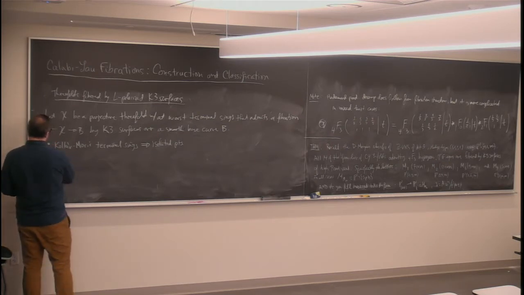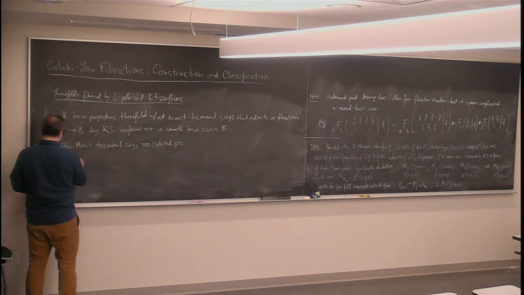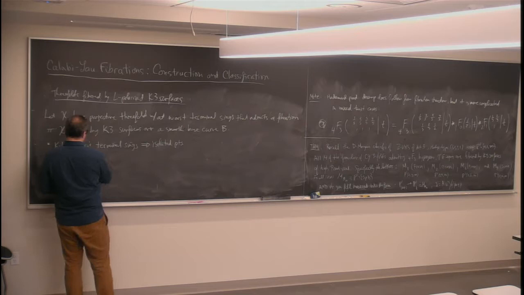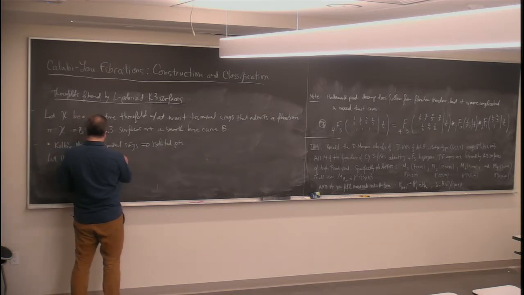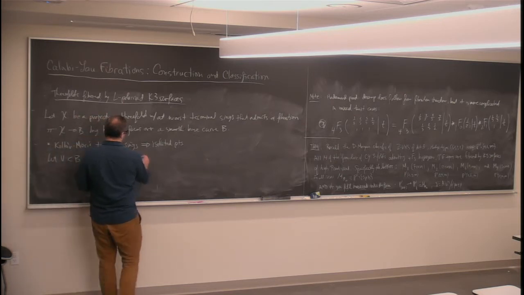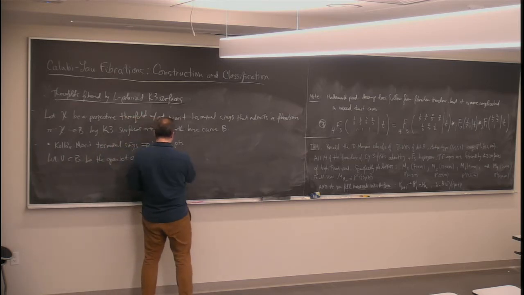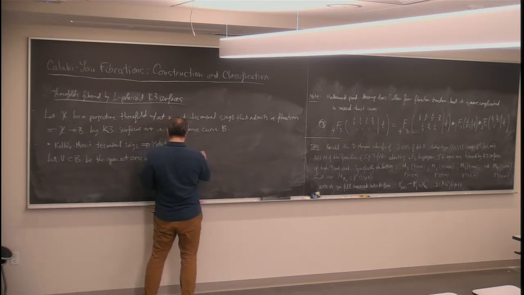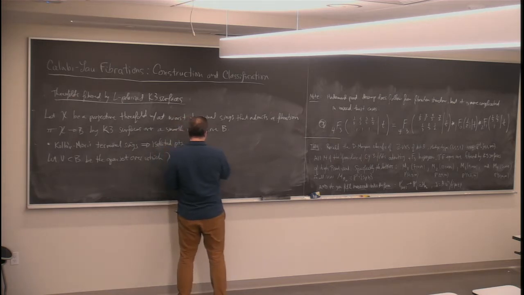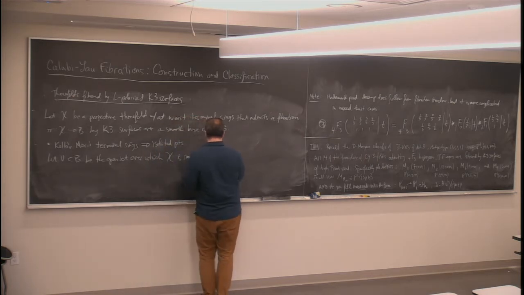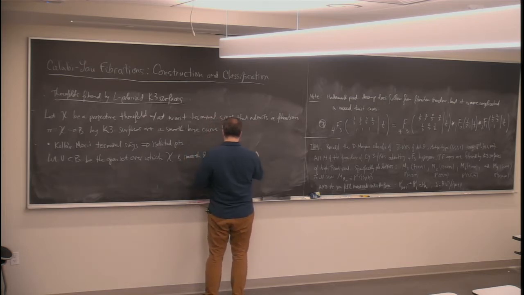So let's let U in our base B be the open set over which our threefold X is smooth, and also such that the fibers of pi are smooth